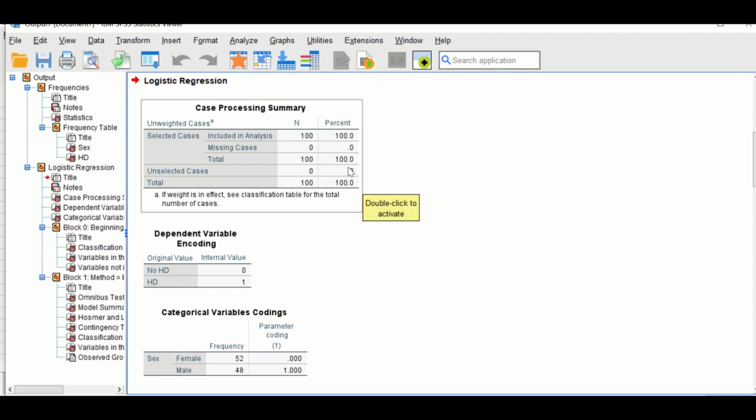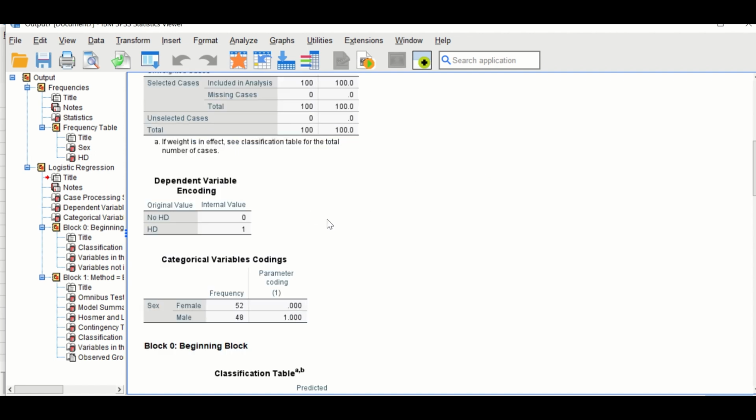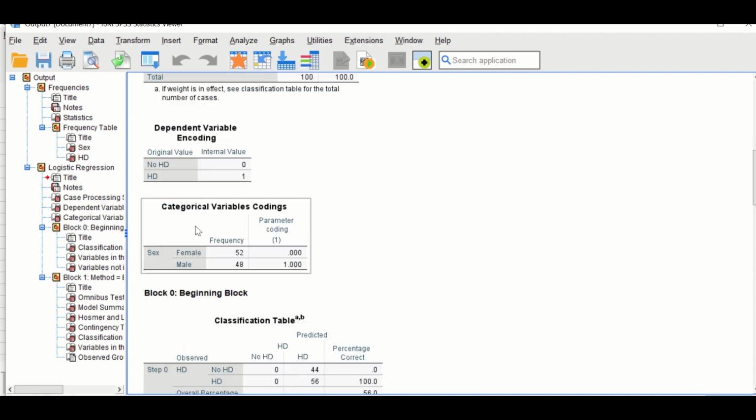The first table shows a summary for the case or cases. As shown, 100 cases, no missing values or cases. The second table is the dependent variable, which is the outcome, which is the heart diseases. As shown here, it has been given a value of 0 for no heart diseases and 1 assigned for heart diseases. And for the categorical variable coding, females are given a value of 0 and males are given a